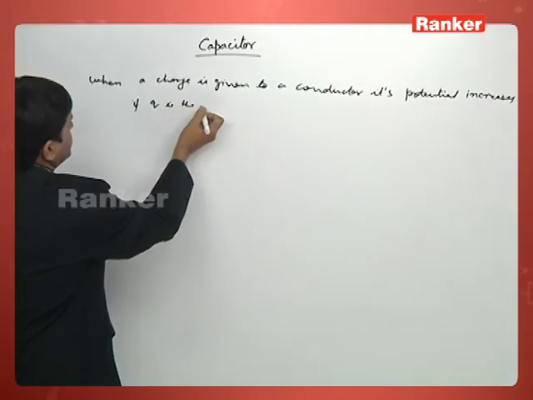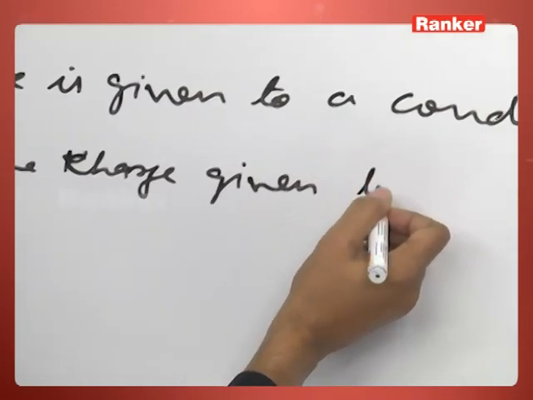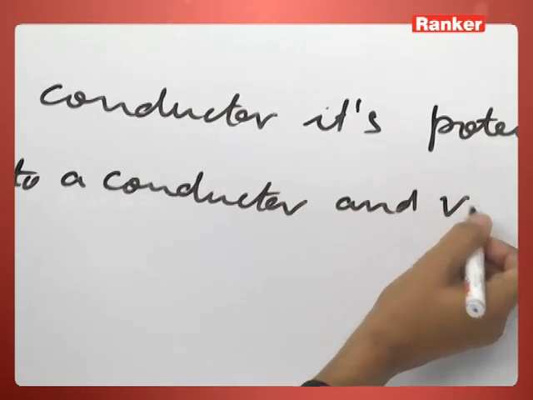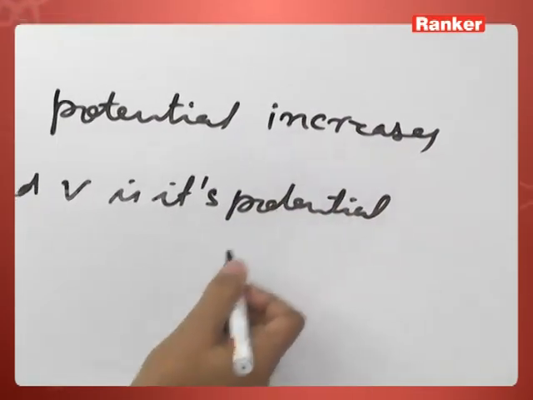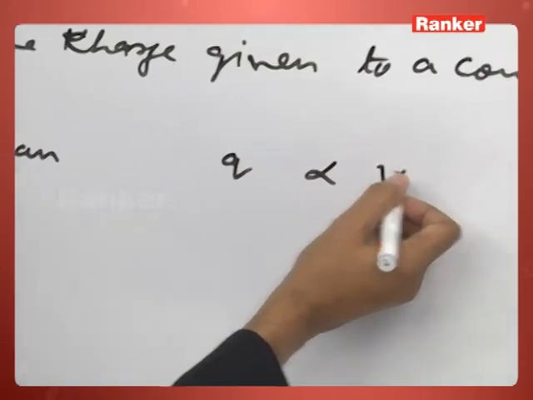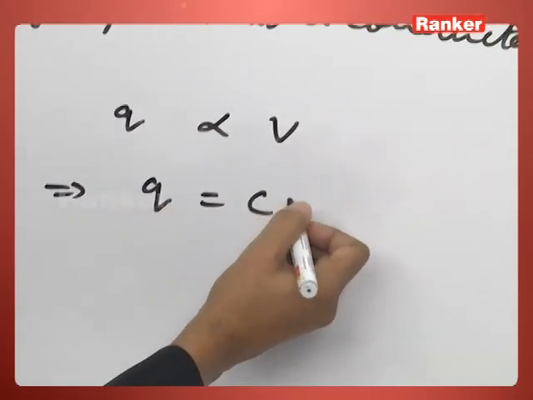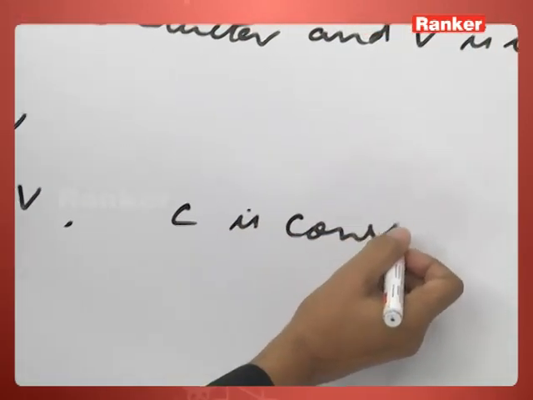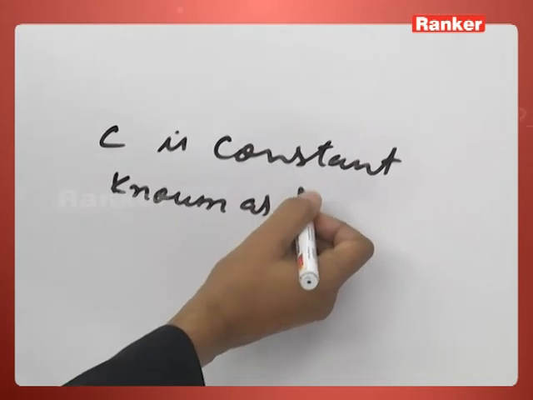Q is the charge given to a conductor and V is its potential, then Q is proportional to V. And when we remove the proportionality sign, we will get one constant, where C is the constant, known as the proportionality constant,